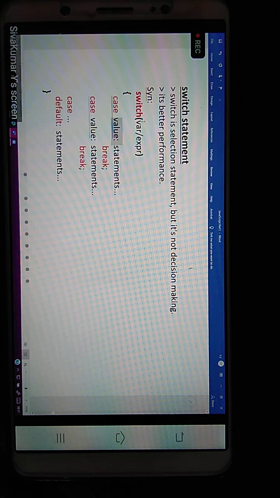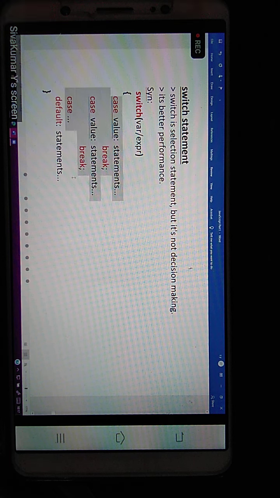Whichever variable you have to check, write that variable, and here a value generally comes. This performs an equality operation: whether the value of this variable matches this value or not. So the variable you specified here generally matches one of these case values. Whichever value it matches, the corresponding statements are executed and it simply stops the switch.